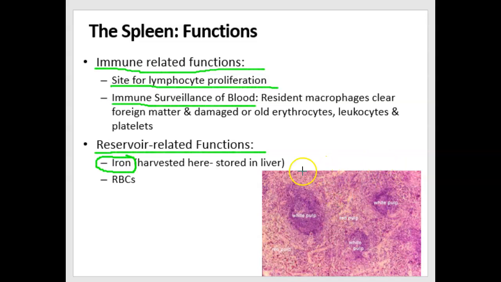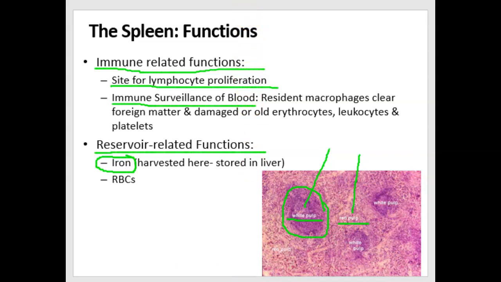And this picture that I'm showing you in the lower right here is the histology of the spleen, what the spleen looks like under the microscope. And there are regions that are dark, and there are regions that look lighter. Funny enough, the names are kind of opposite, and that has to do with the staining. So the region that's dark is called white pulp. The region that's lighter is called red pulp, and that reflects the type of cells that you would find in